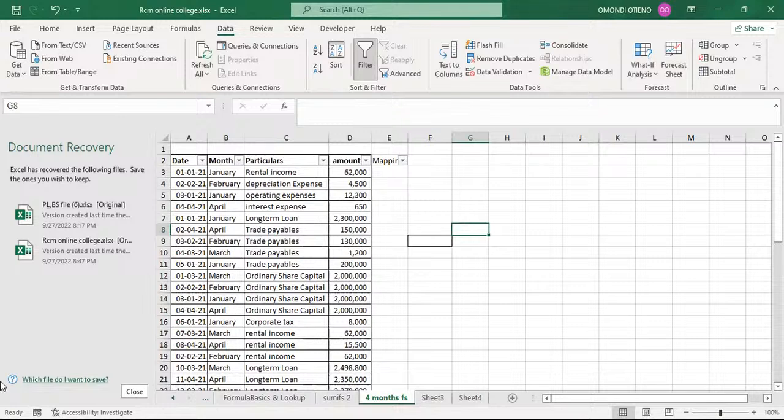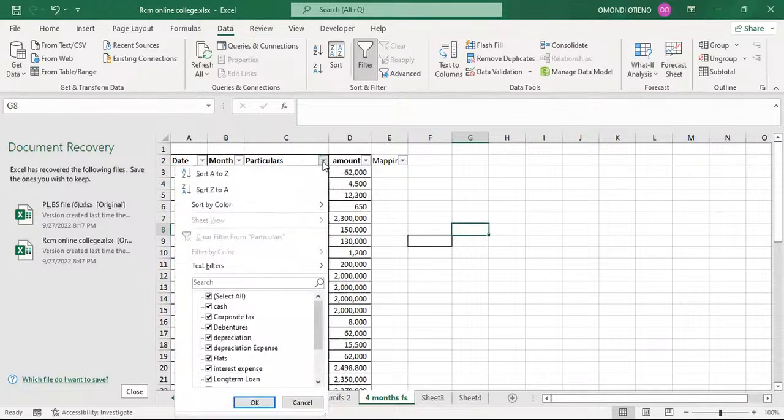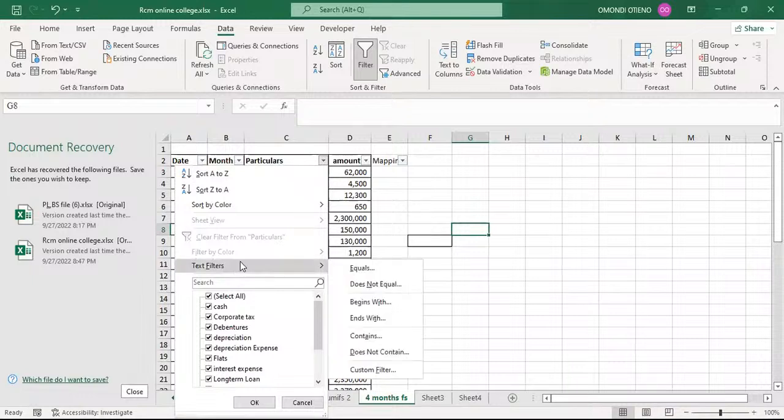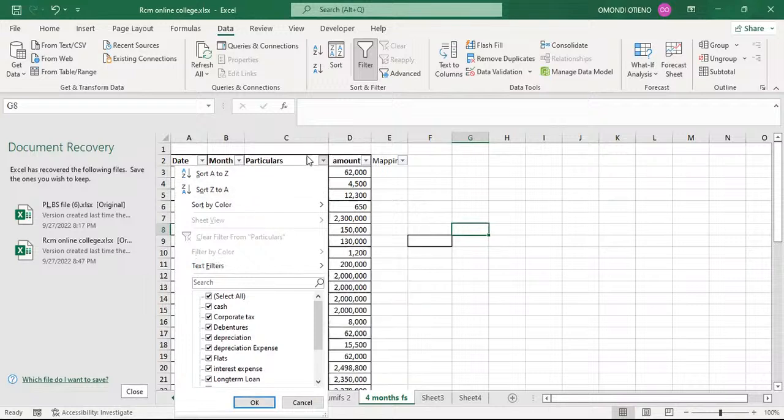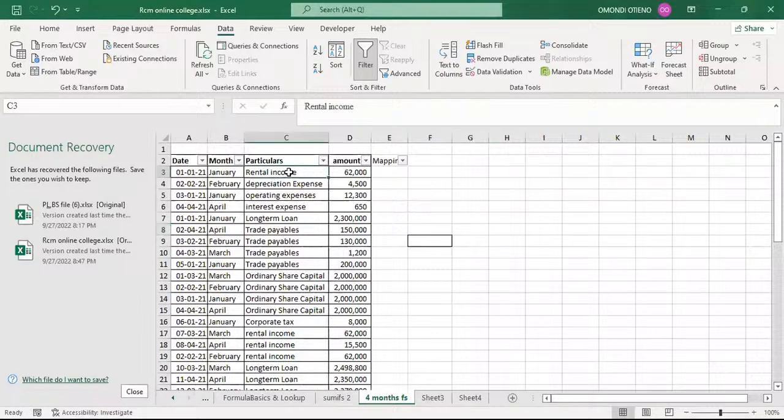So how do we do our mapping? We come to column C, this drop-down list here. Click it and look for the first item. So which item do we normally have first in our income statement? Which item should appear first in our income statement after the title? We have revenue. So if you check this information here,